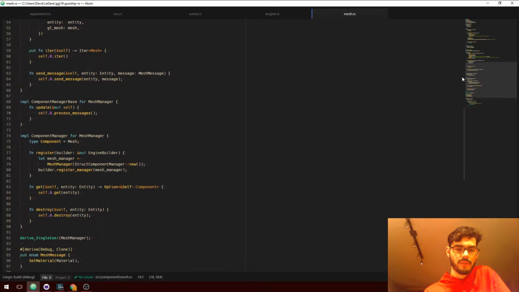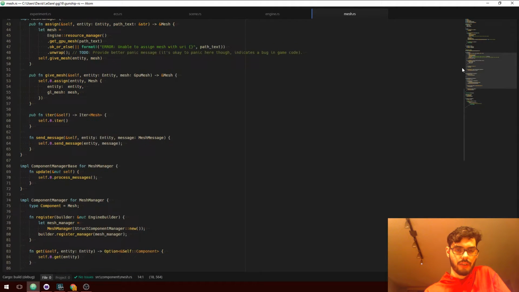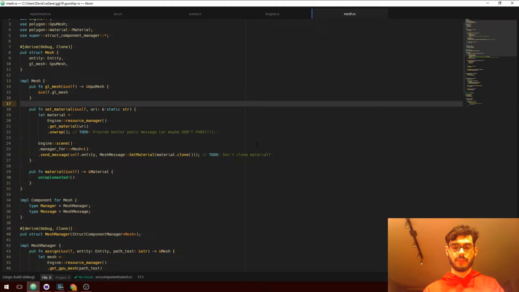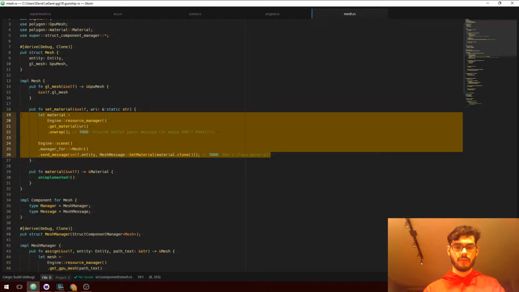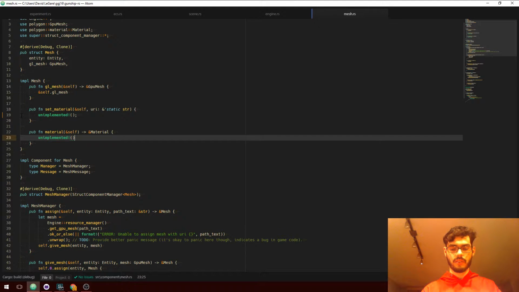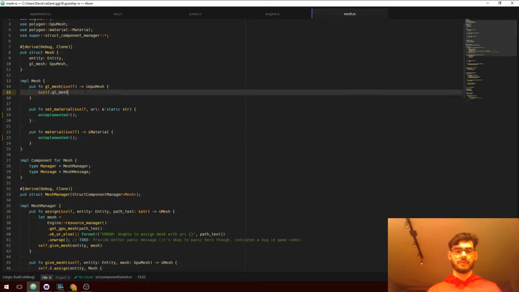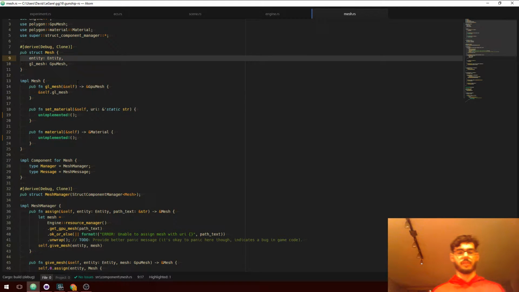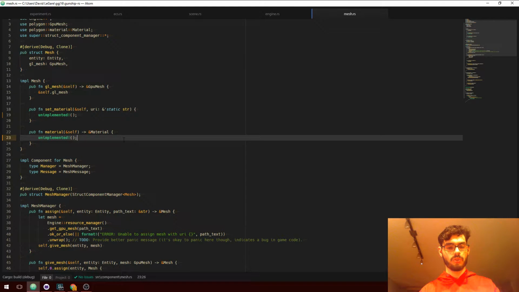I'm going to not do that just yet because I don't know how much of this stuff is going to remain relevant. But yeah, we can do a nice juicy unimplemented right there. Just a nice fat unimplemented. I guess that can stay there while this is defined this way. Entity is going to go away though, so who knows what the heck's going to happen.